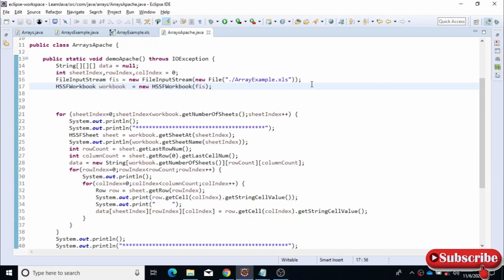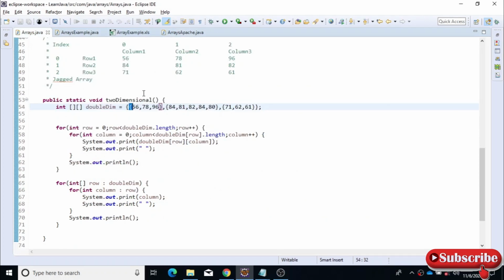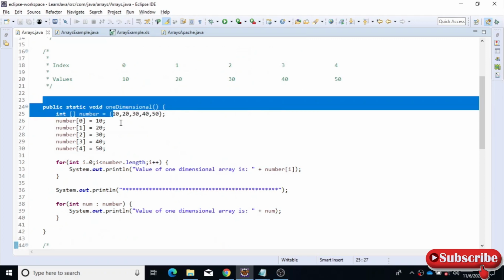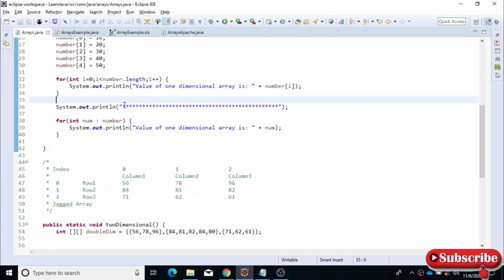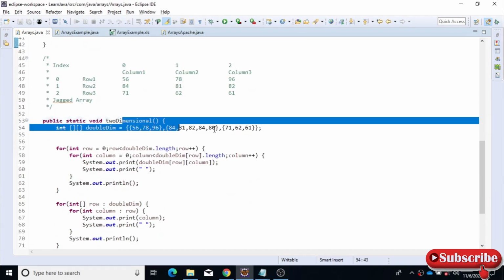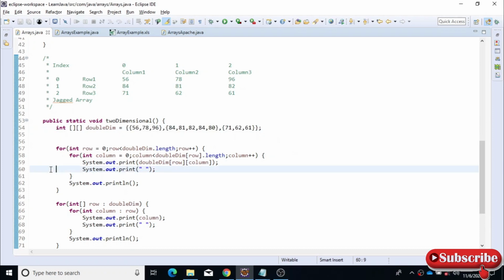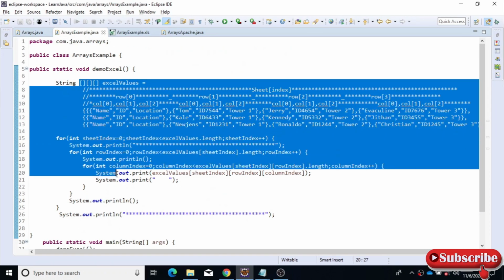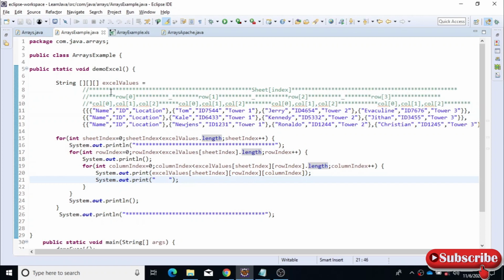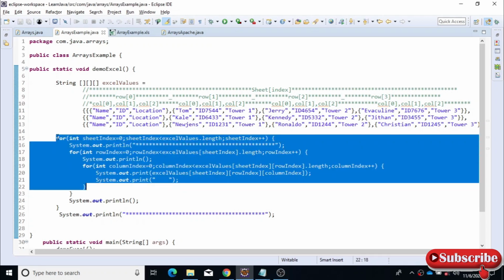Okay. All right, so that's it with the array explanation, and I think you guys are clear with single dimensional, how we need to access and initialize the variables, what are the types, and how we can iterate through it using for loop and enhanced for loop, and two dimensional, how we need to assign the values, and how we can iterate that using normal for loop and enhanced for loop. And I have given an example using the Excel sheet for the three-dimensional array, and similar to that you can use n dimensions if you want, and based on that you need to iterate and use the for loops.